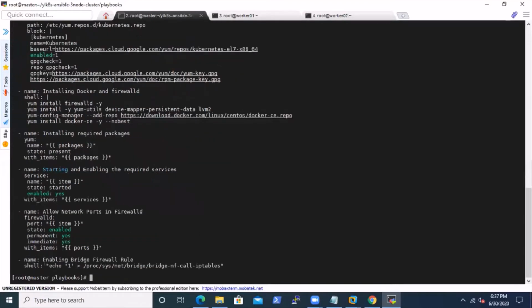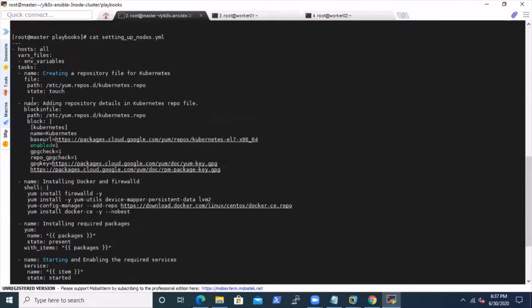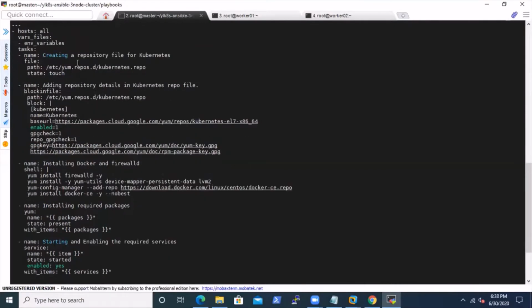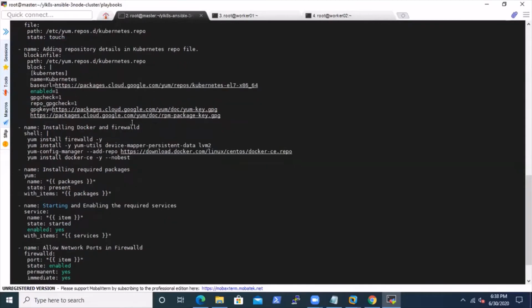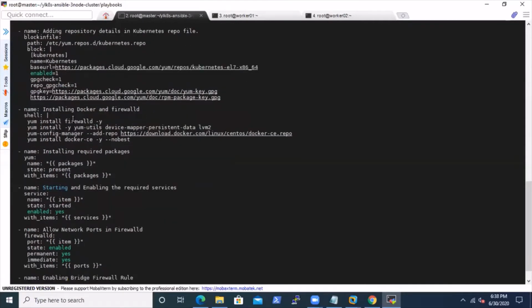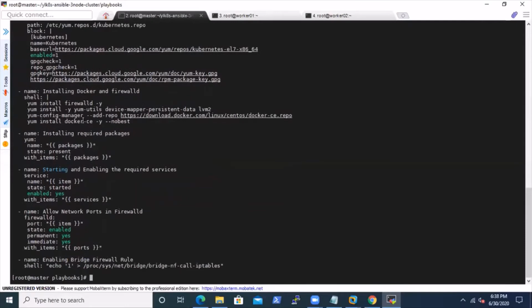Then this is basically an important file, the setting of the node YML, in which first of all it is creating a repository, adding the repository for your Kubernetes. This is the base URL from which it will be downloaded. After that Docker is installed and the firewalld service is installed on all the nodes. Now about these packages, where is the list of required packages?